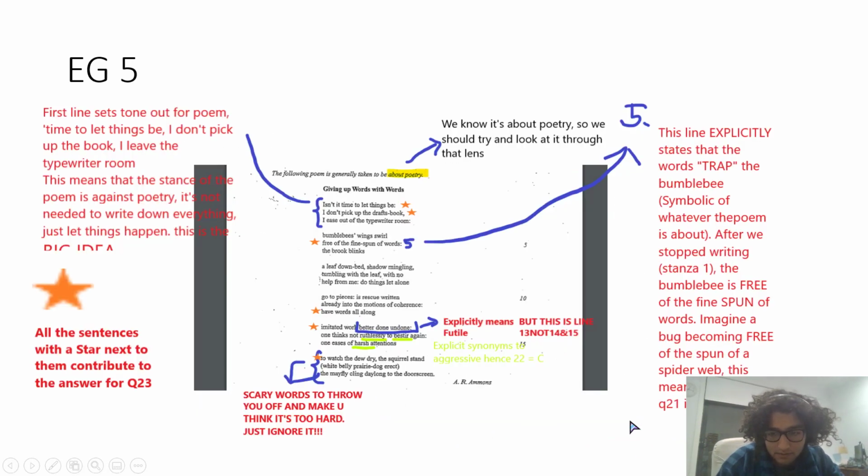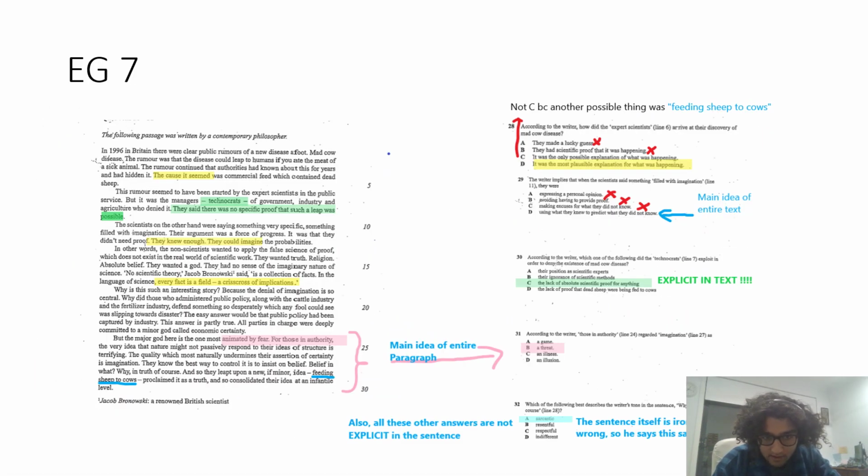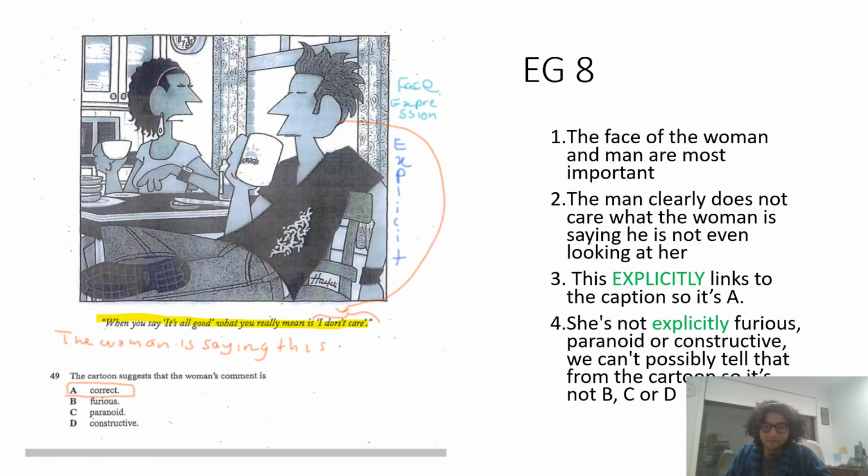Their belief was actually wrong, right? So he's saying that they don't accept our scientific proof, but they insist on their own truth, which is baseless, right? And this author, remember, even if you don't explicitly think that, if you think the main message, or the main stance of the paragraph, is that the author is for scientific proof and is against the technocrats, then he would say it sarcastically. You can just tell by the way it's written as well. Okay,